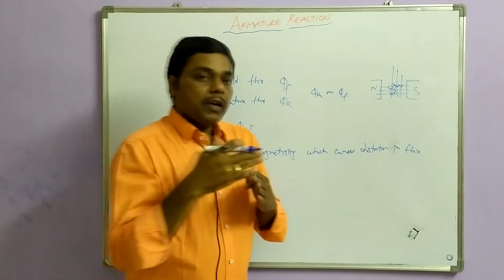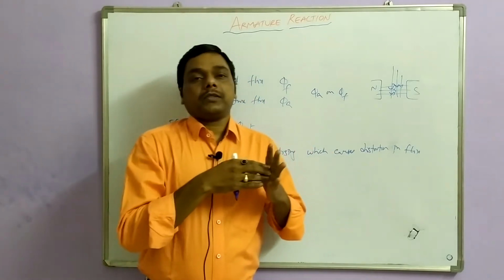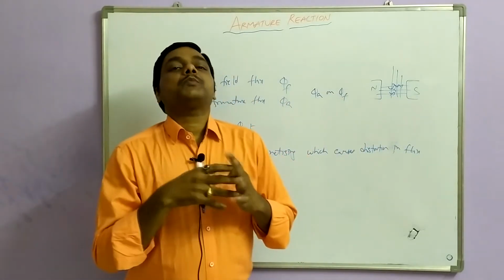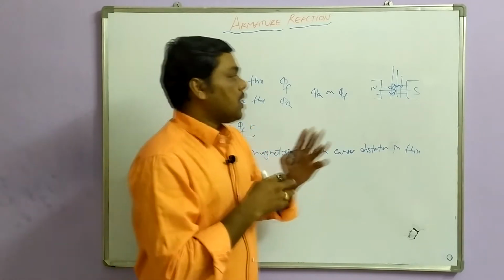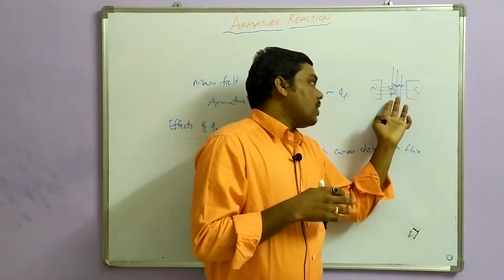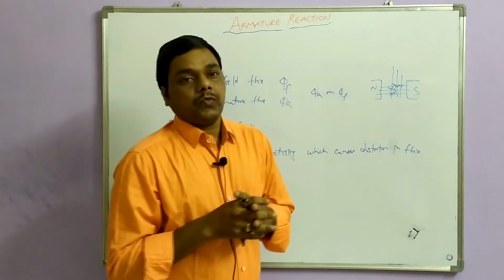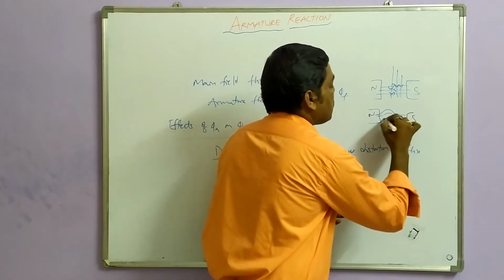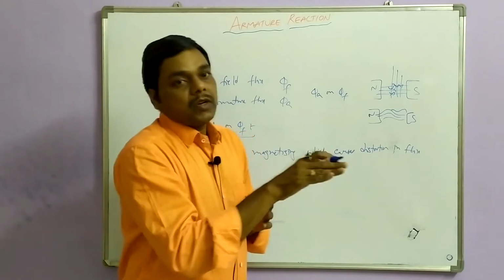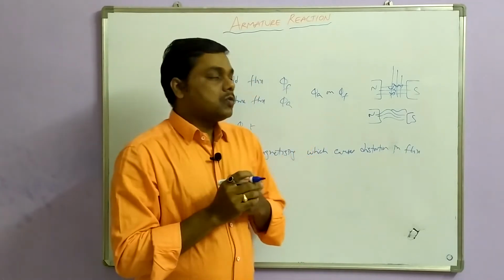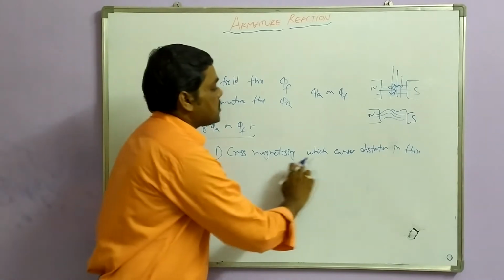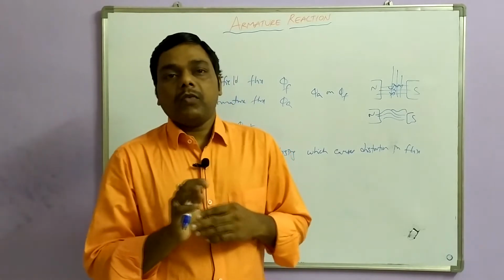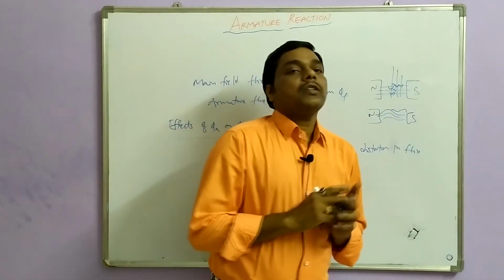So what is happening? The armature flux is crossing the main field flux. So that's why it is called a cross field. You can call it a cross magnetizing effect. So what happens here? The armature flux disturbs the main flux. So there will be some distortion that takes place in this. So like this, your main field flux may have some distortion in the flux. So this is the first effect. We can call it a cross magnetizing effect. So the armature flux moving perpendicular to the main field flux causes distortion in the flux.